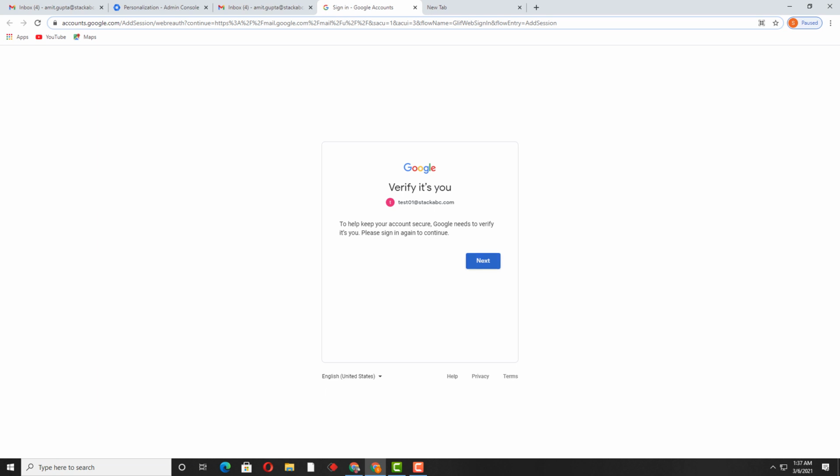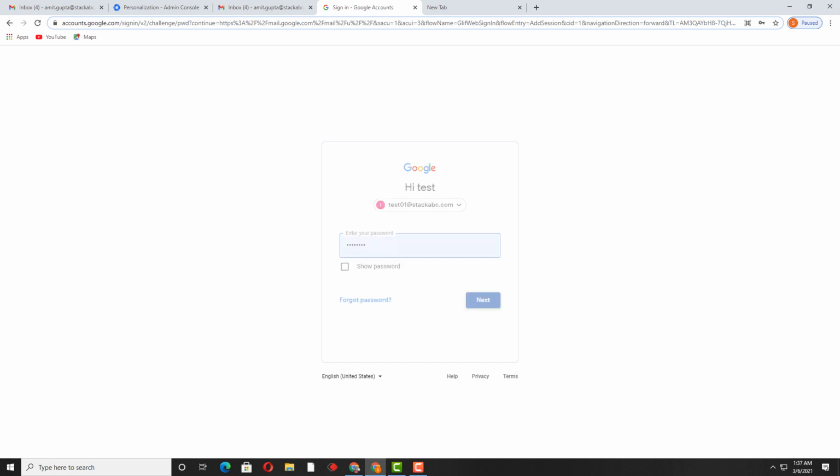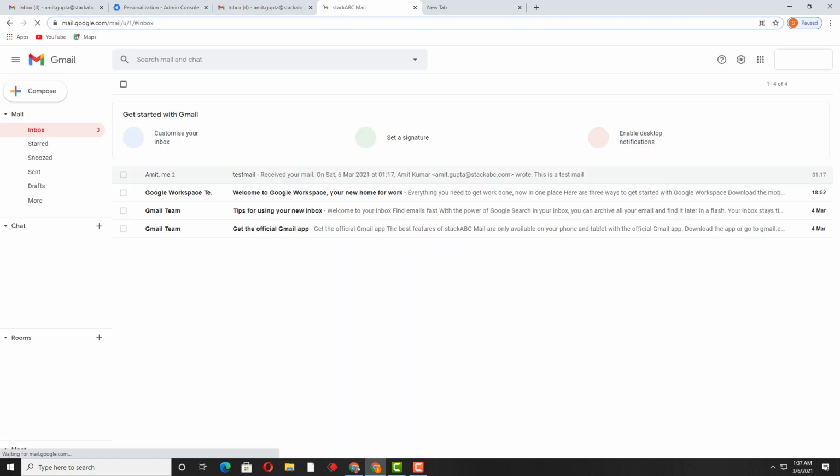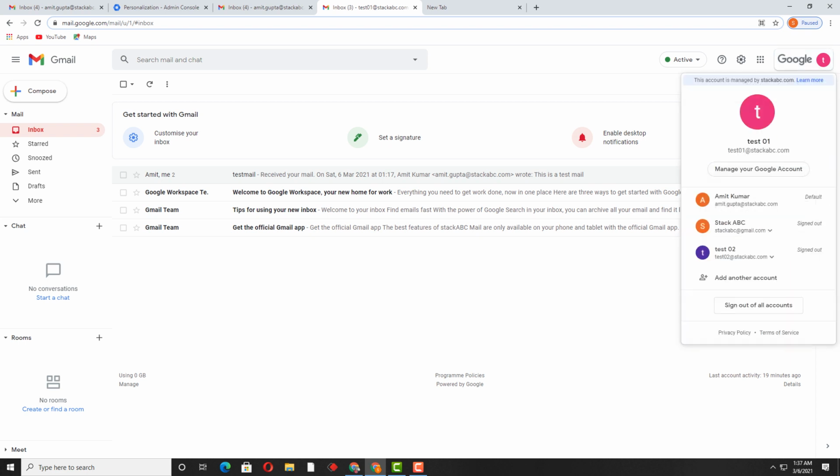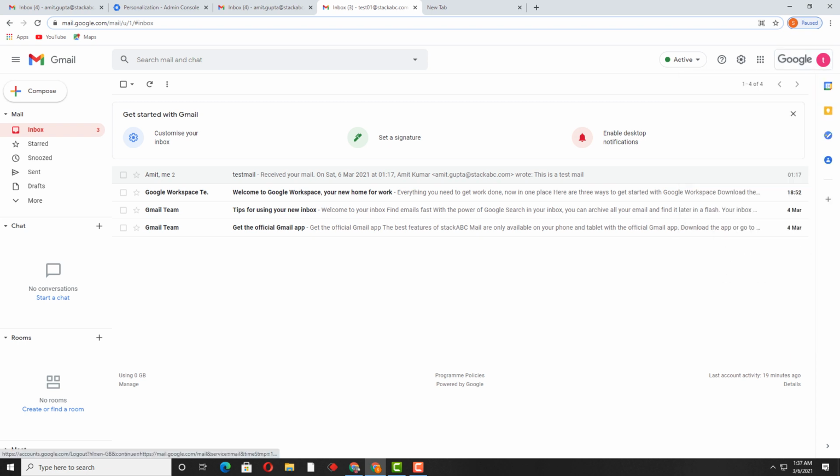I'm just going to log in with test01@stackabc.com. The password is already saved over here, and I can see the logo is still Google, right?